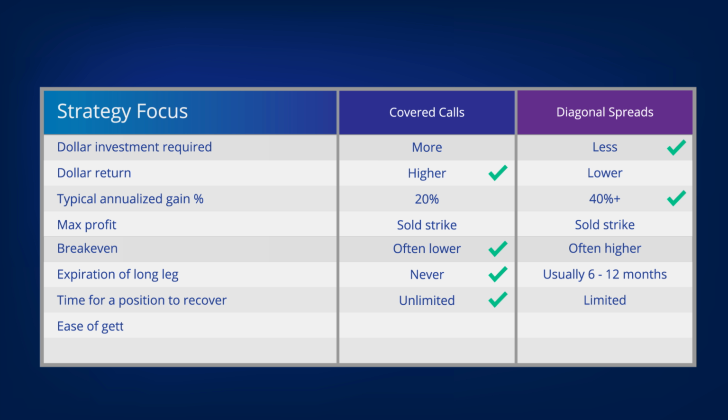Let's talk now about how easy it is to place these trades and to capture profits. It is generally a bit easier to get into a covered call because it entails only one option, and an option that is very close in price to the stock price. For diagonals, the option that we purchase in place of the stock has an expiration that is far out in time and which has a strike well below the stock price. Options that have these characteristics are traded less frequently, and so it can take a bit longer for your trade